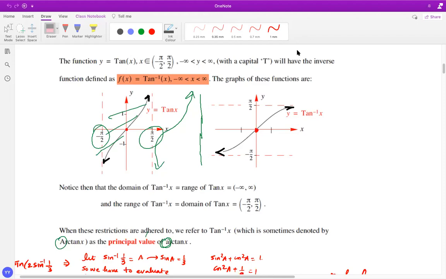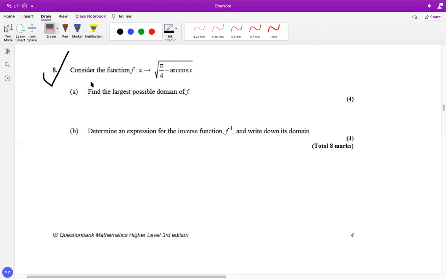So these are the basic graphical interpretations. First, let's take one question that is linked up with the graphs of this inverse trig function. For this particular question, we first have to find the largest possible domain. Since we know that the square root is not defined for negative values,